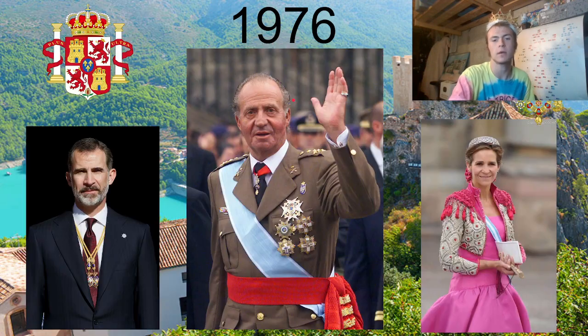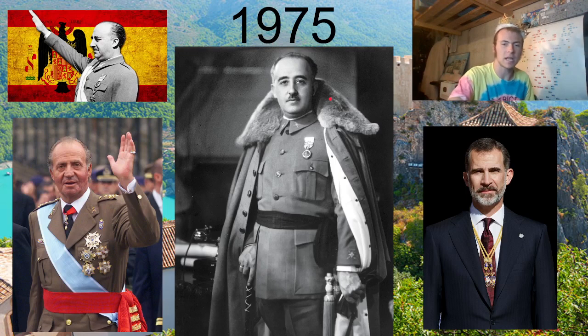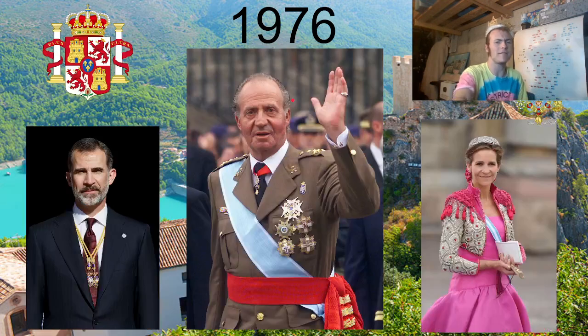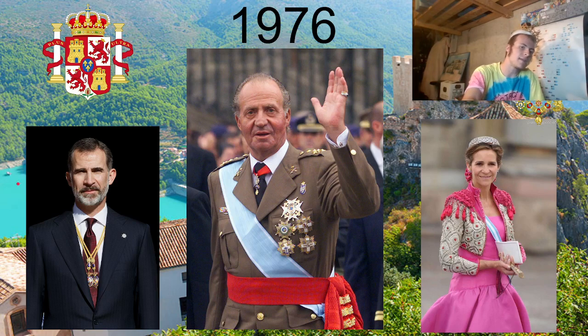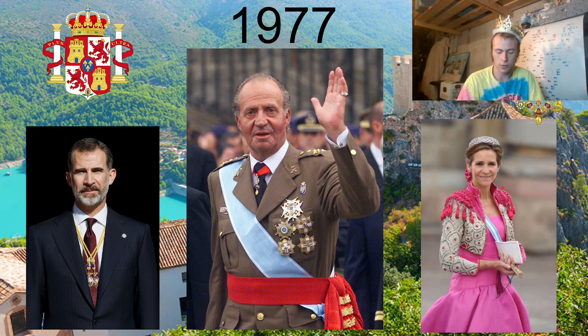It's kind of crazy. I think he's 84, 85 years old at this point. Pretty crazy. But his son Felipe is now the heir, and then the second heir is his daughter, who I think her name is,